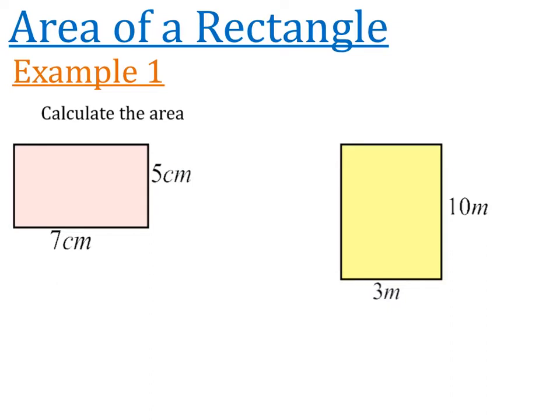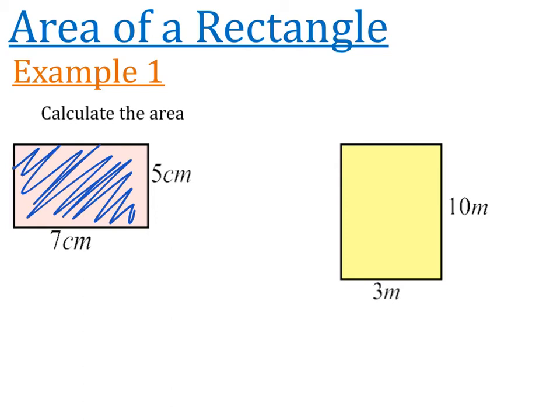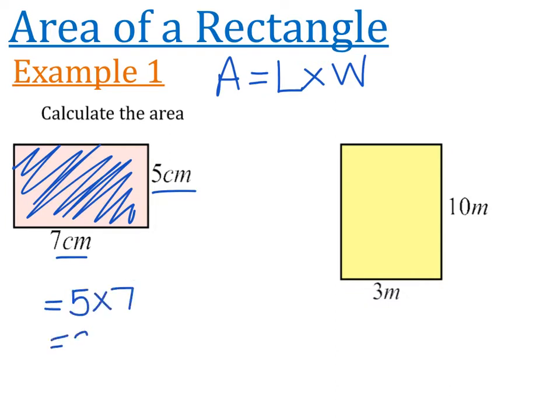Alright, calculating the area of a rectangle. So we want to find out what is the area of this pink rectangle and what's the area of the yellow rectangle. In order for us to find the area, it's actually asking us how much space is taken up inside this particular shape. Now you may remember from primary school, you may remember from earlier this year, but if we'd like to calculate the area of a rectangle, the area is given by the length times by the width. So we've got 5 and 7 here, so the area is going to be 5 times by 7, which is